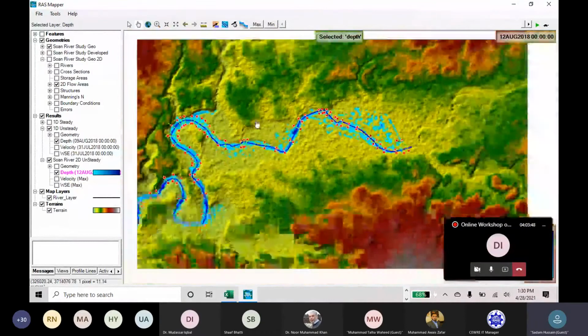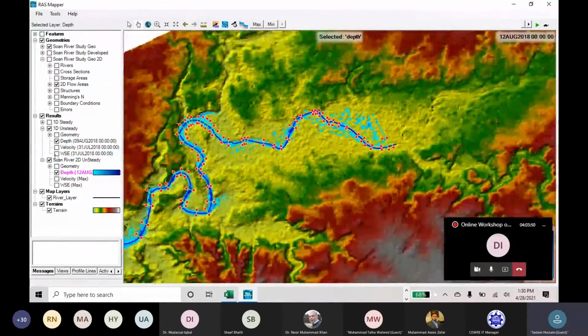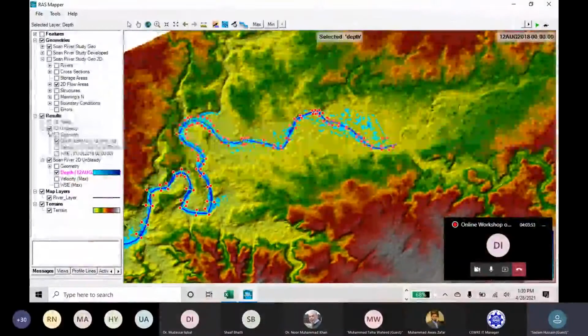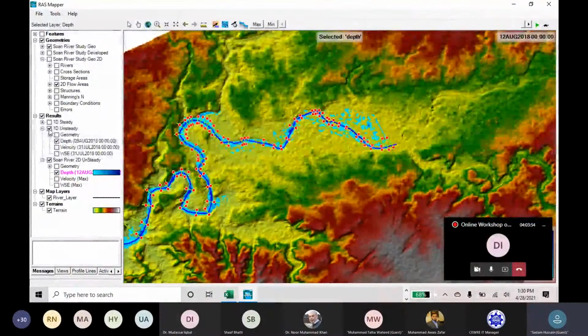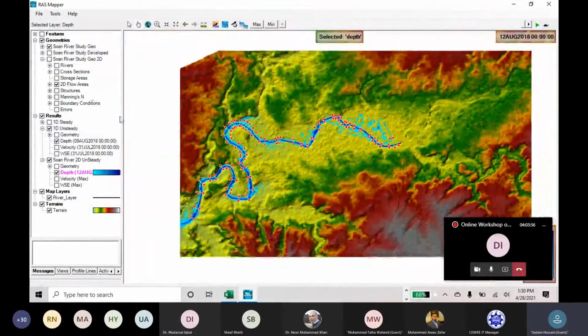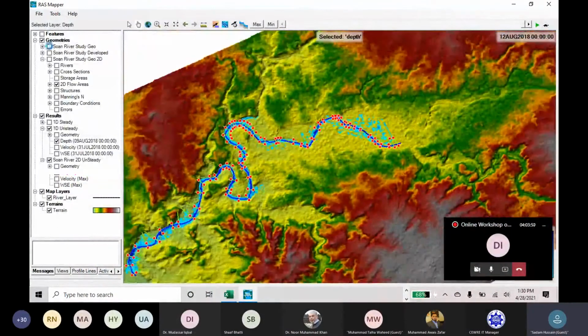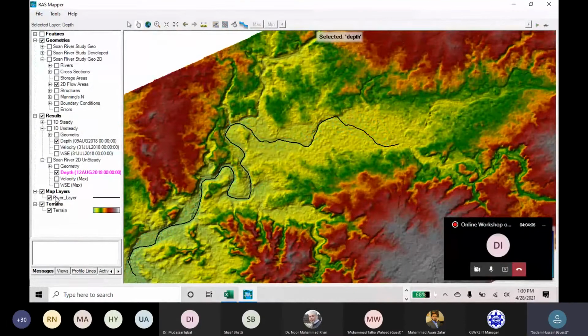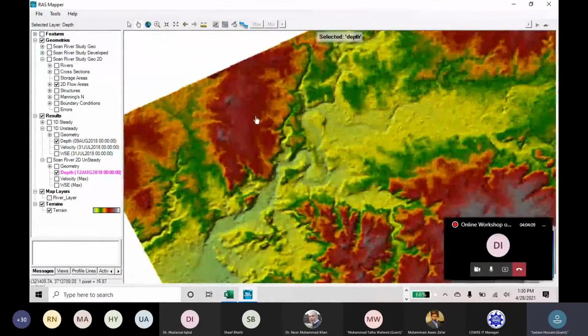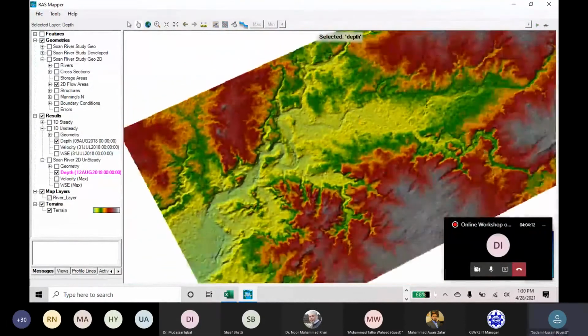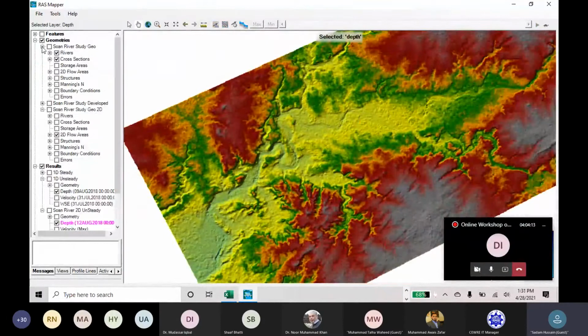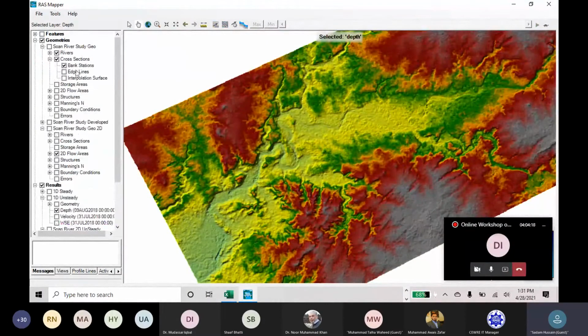Okay. And now, the last and most important feature I have to show you here is the modification of the DEM. Here you can see that the water is simulated on the unmodified DEM. So what if we modify our digital elevation model? We have used the surveyed cross section data in 1D unsteady and steady flow simulation. Here is the cross section data.